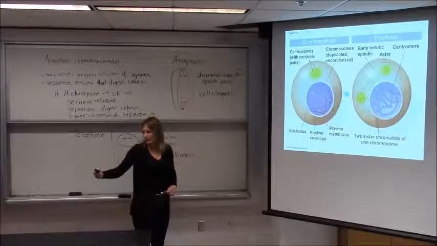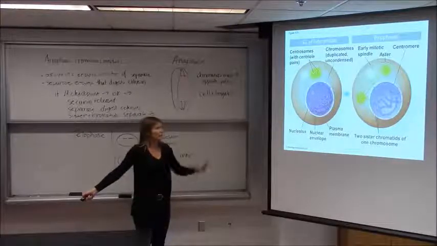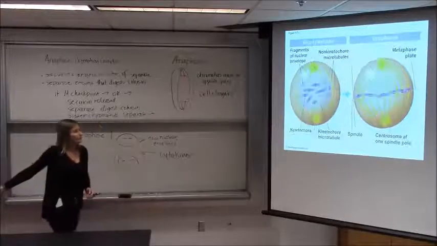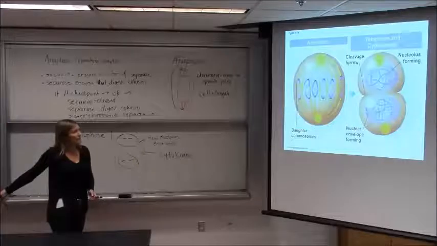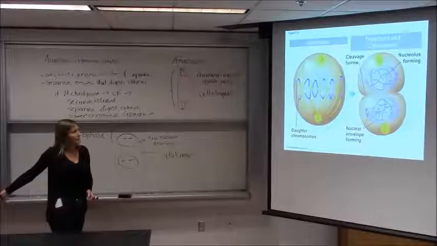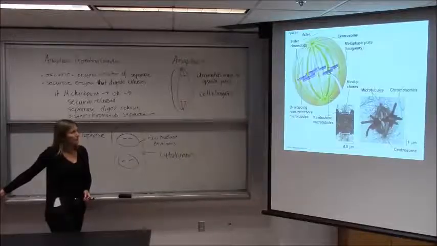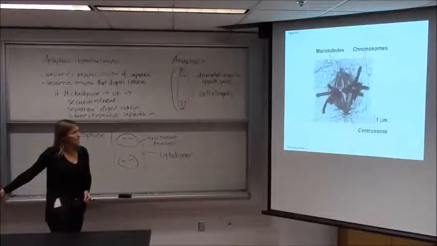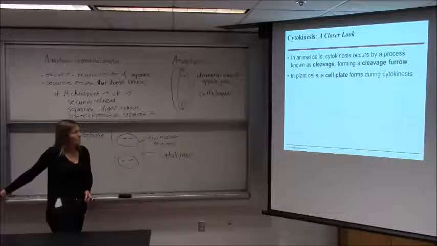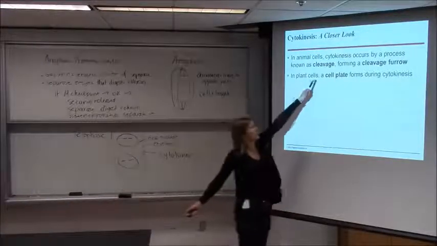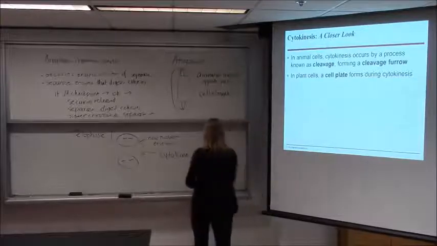Sorry, this is the cartoon version of interphase, then prophase, metaphase, anaphase, telophase. Cytokinesis. Animals are going to develop what's called a cleavage furrow, and plants are going to develop what's called a